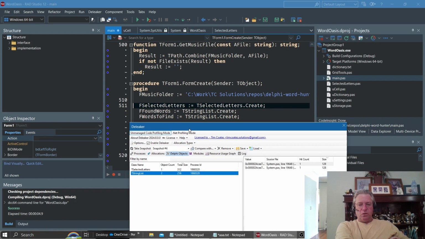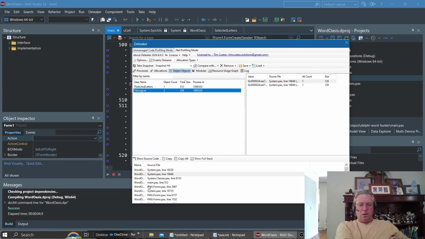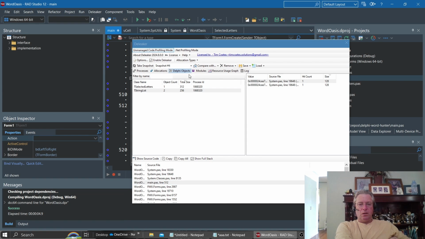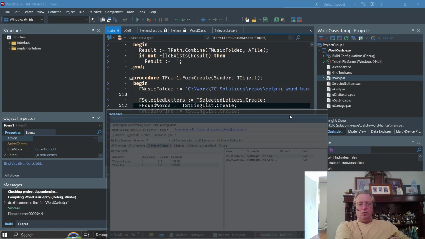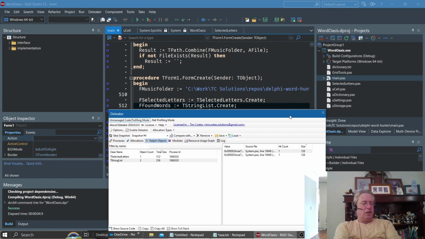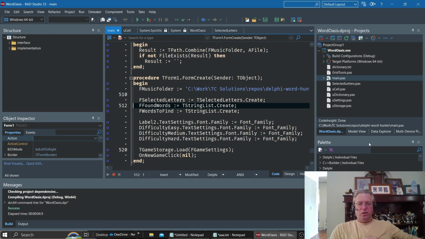And for the second one, we'll click on that one and now go to here, and it's line 512. So the two lines above here are items where memory was allocated and not freed. So here's where I can breathe a sigh of relief. You know, in this little test there weren't that many memory leaks. So what we could do now is, if we were to shut this down, let's go open up the